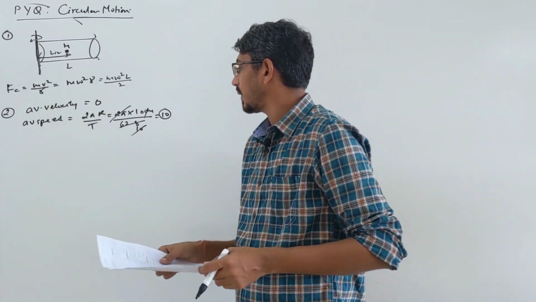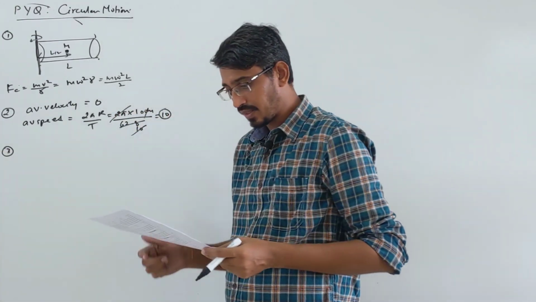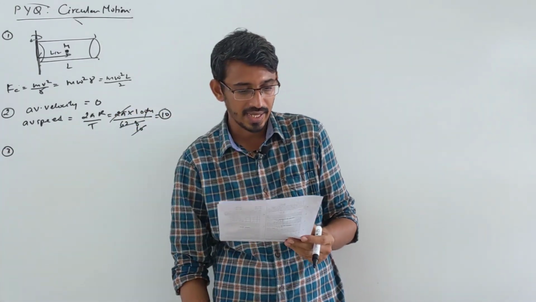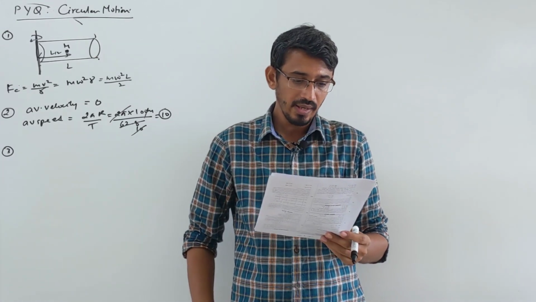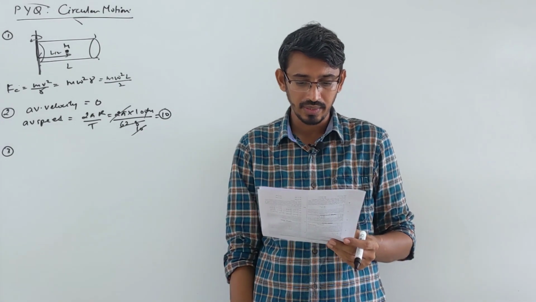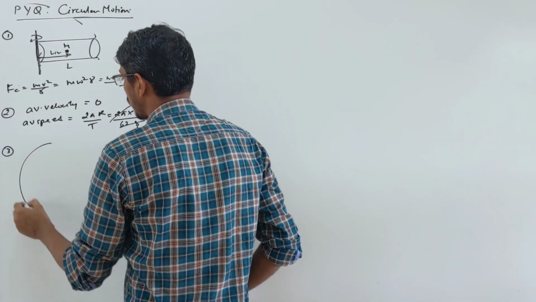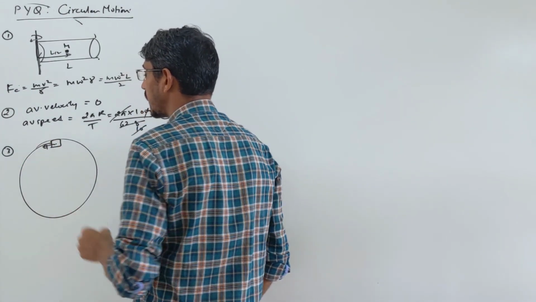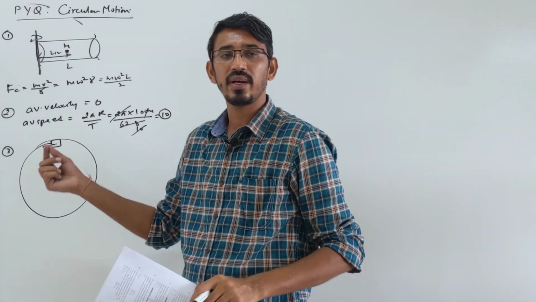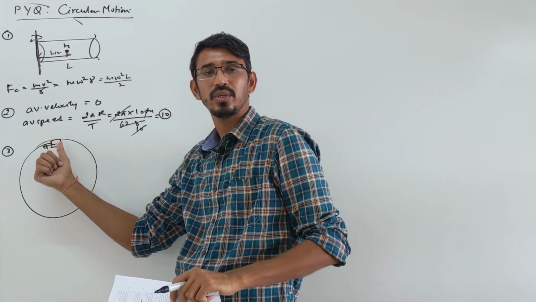Okay, moving on to problem number 3, which says a roller coaster is designed such that the rider experiences weightlessness as they go round the top of a hill whose radius of curvature is 20 meter. The speed of the car at the top of the hill is what? Look here, the roller coaster, we are at this point. At this point, what's the velocity? You know that we have already learned the motion in the vertical plane. What's the minimum velocity we need at that point?